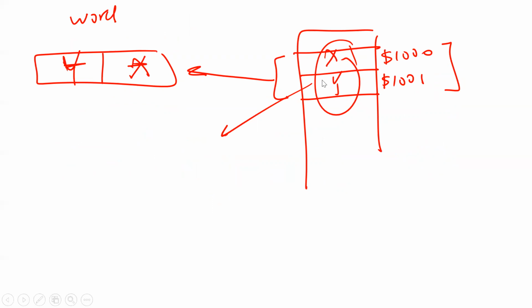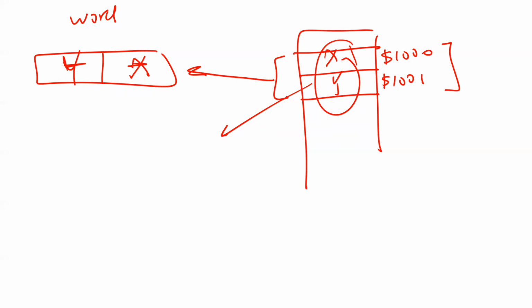So yes, your information is a word, but I have to write it twice, in this location and the next one. You understand what I'm saying? So for example, I have a word. This word has 1 byte and 1 byte. So I want to store it in location number 7. One part is going to go to 7, the other one is going to go to 8.